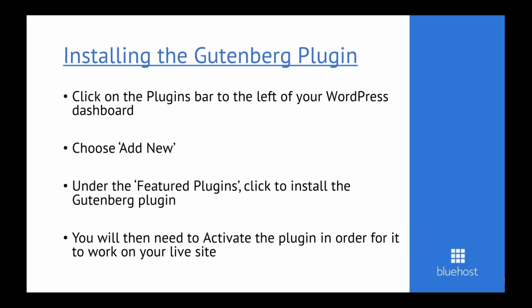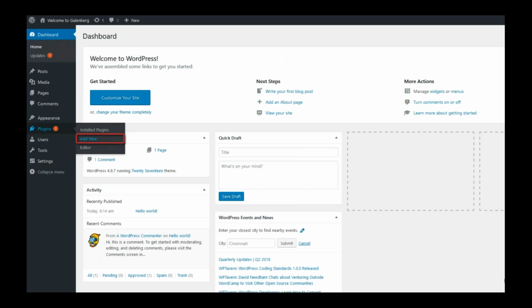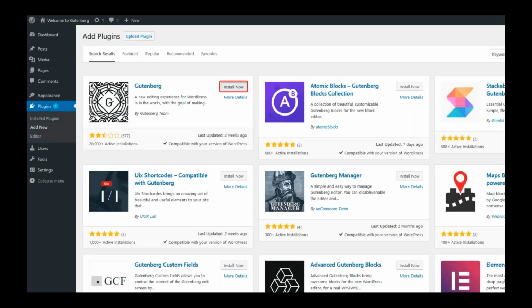In written format, you'll literally go to the left-hand side of your dashboard, your WordPress dashboard, click on Add New under Plugins, and under the featured plugins, you'll see Gutenberg. You can click to install that, and then you'll need to activate the plugin in order for it to show on your site. This is a visual representation of that, but it's important to note that if you are a